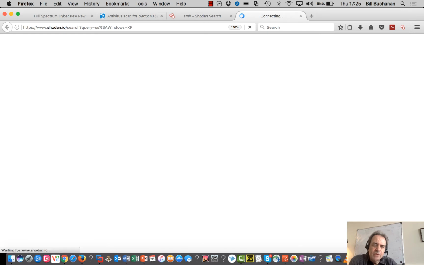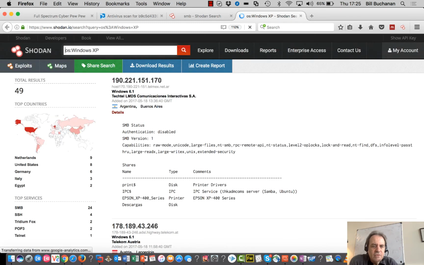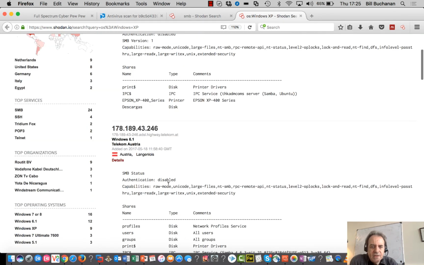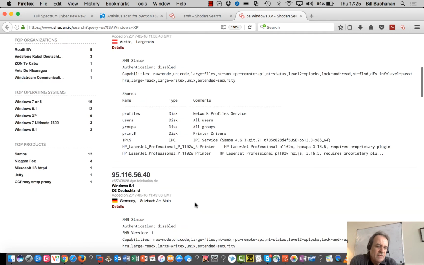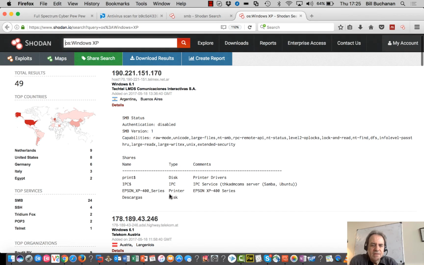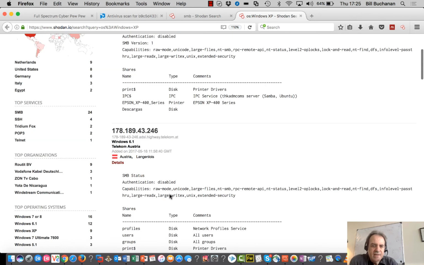So in Shodan we search for operating system: Windows XP, and it should give us some idea about the actual XP machines. There are 49 there, and we can see some of the details of those machines, such as printers connected to them, local disk shares, and so on.